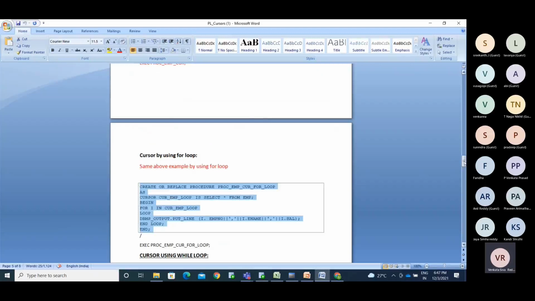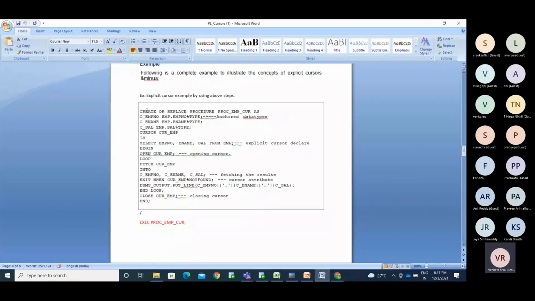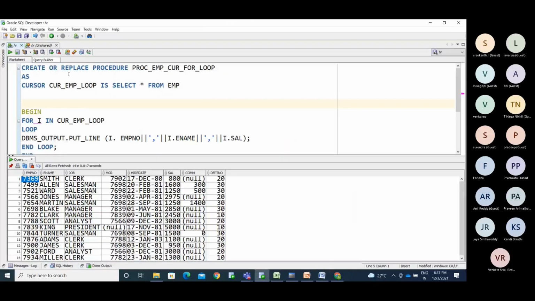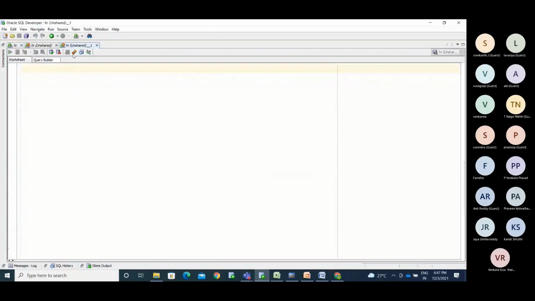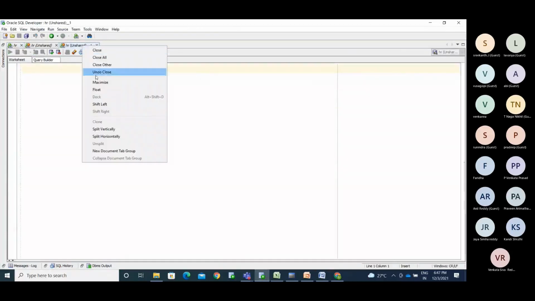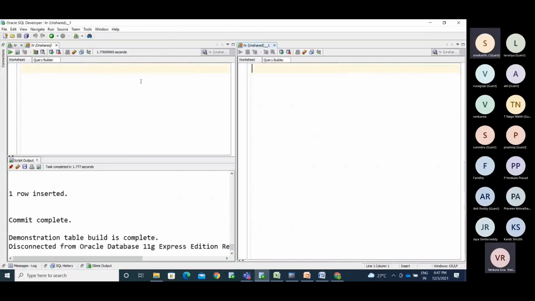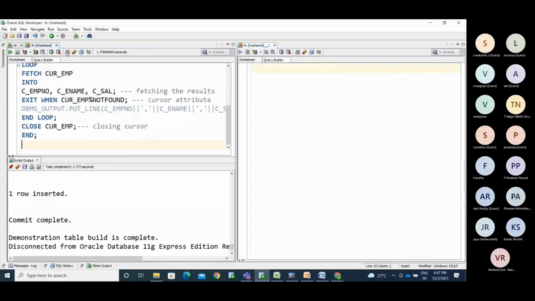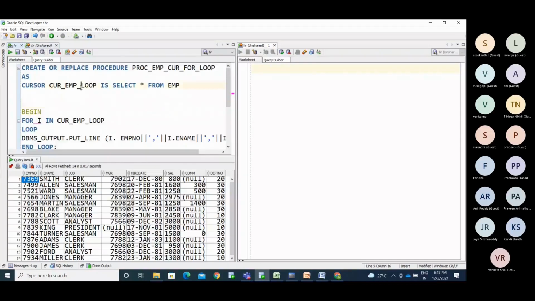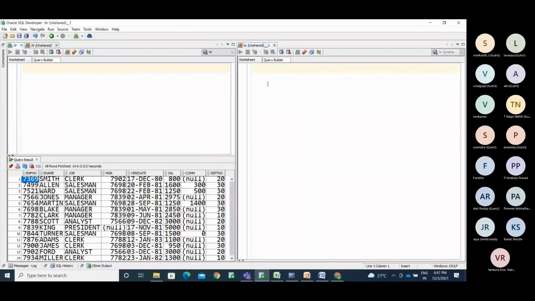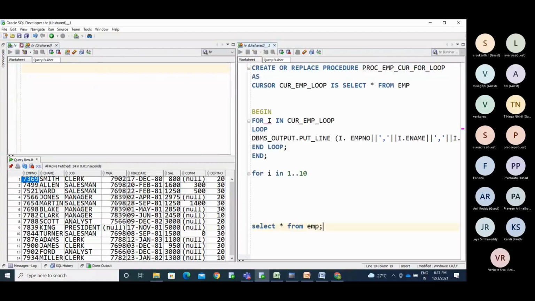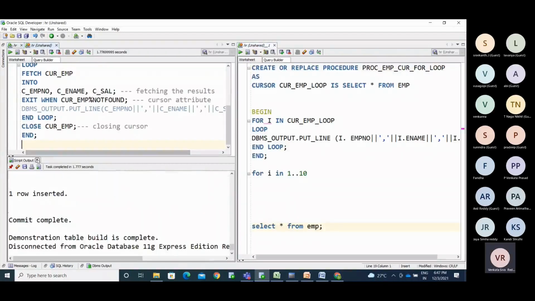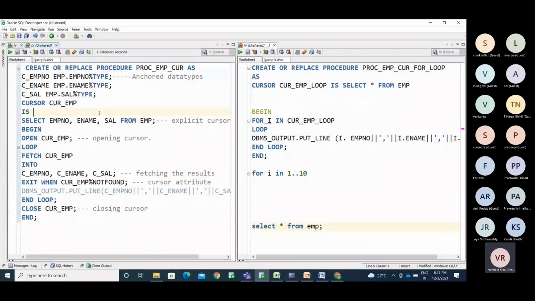Wait, I will copy the normal cursor and we will see. Taking a new editor tab. So this is the normal cursor.